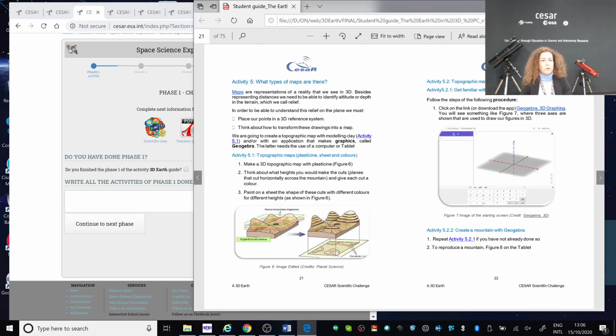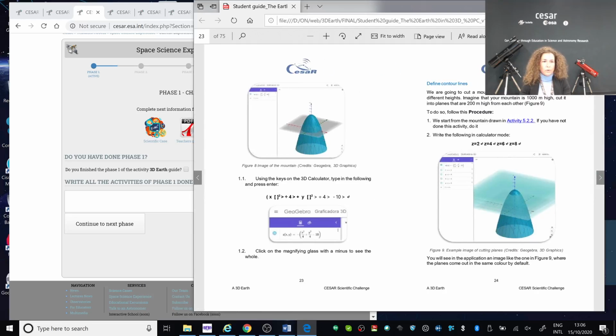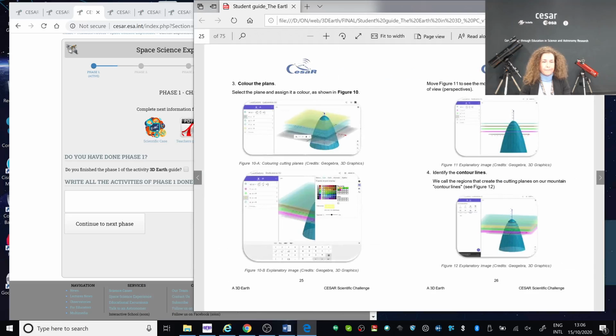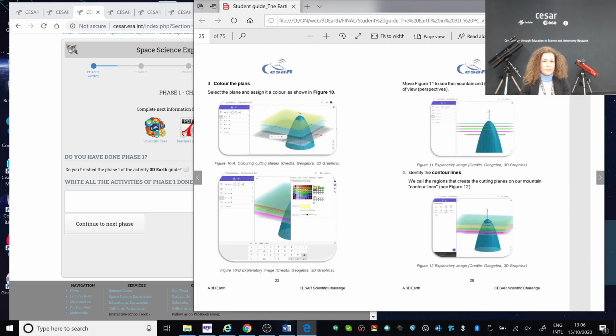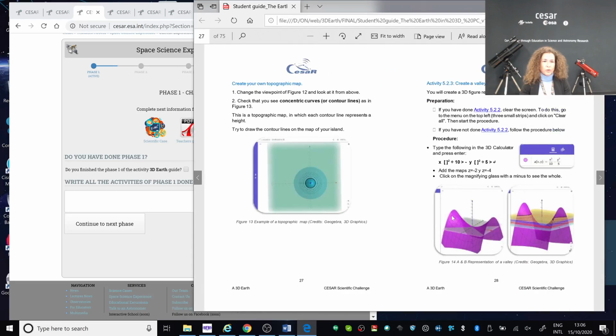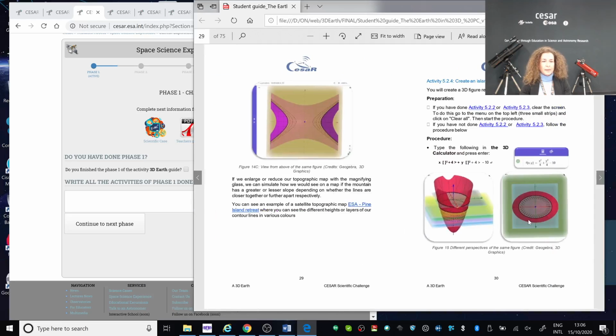And we also propose another alternative to this, which is using GeoGebra. With GeoGebra, which we are also guiding you through, you can draw a mountain and also make the contour lines. You can make a valley and also the contour lines. And this is something that they can do, or if you find it a bit tricky, because the way to do that is you editing